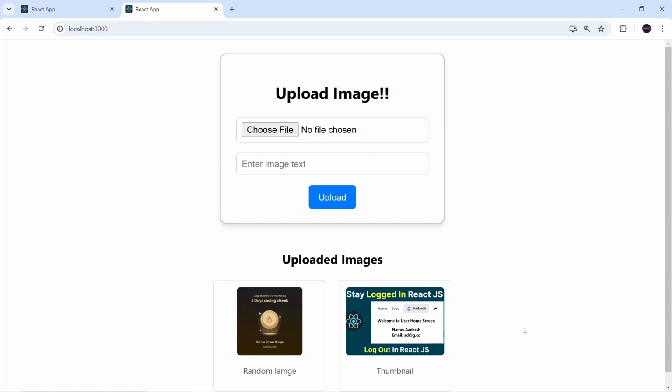But before getting started, let me tell you that if you are trying to build a large scale application or if your application is going to have lot more images, then please don't follow this base64 method. This method is only good for college project or small scale project, but I want you guys to explore all the possibility of doing a thing in different way. So that's why I am making the video on how to upload image using base64. In the next video I will cover the multer and then cloud platform. So without any delay, let's get started.